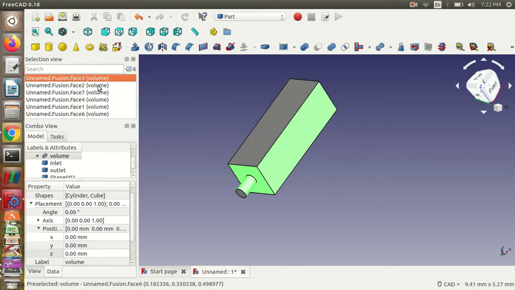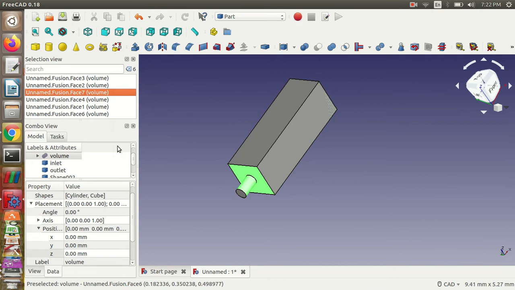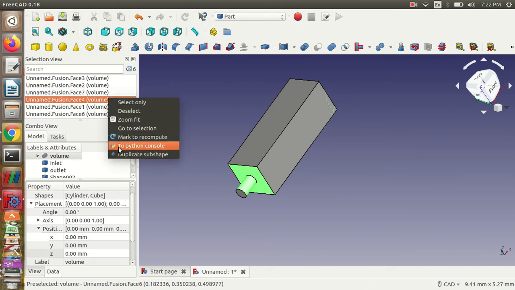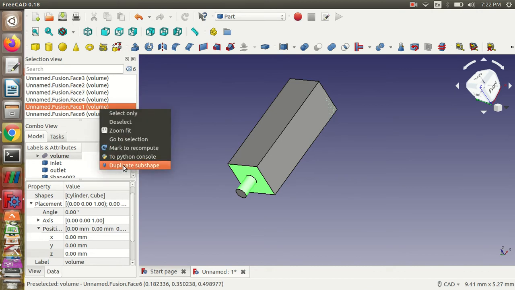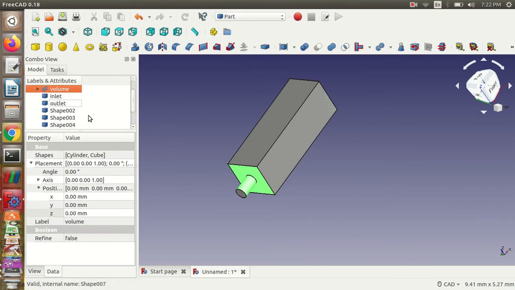So now we are going to duplicate it, okay, duplicate. Just duplicate it, duplicate subshape. So the other shapes are now ready. Now we can close the selection view because my window size is so small.